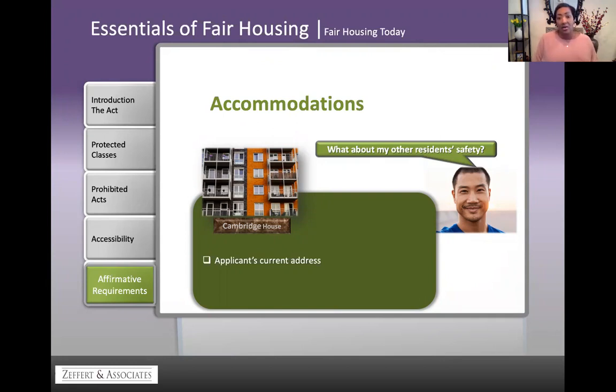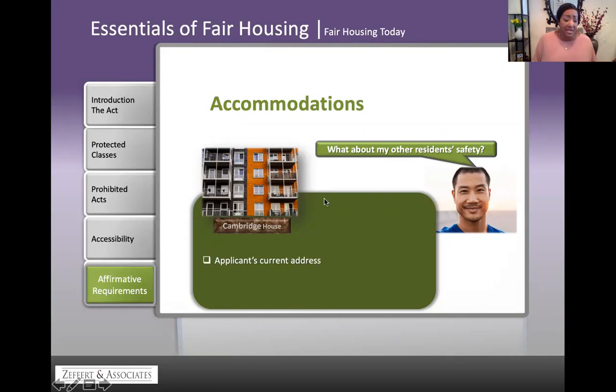Again, I call these a shell, like a skeleton or a shell of a policy, but when it comes to a real situation, how do you apply it? The regulations give you guidance, but you definitely want to get some feedback from management and possibly legal counsel as to how to appropriately look at this request to make a determination.